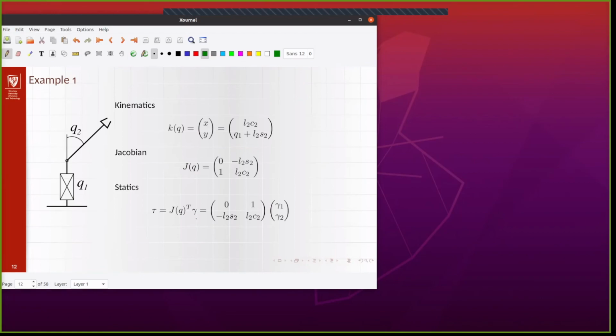We will get this formula for the statics that says how the x and y forces influence the torques applied to the joints. So if we don't have external forces, we don't have external additional torques in the manipulator. But if we, let's say, add an object, what happens when we put it here and when the